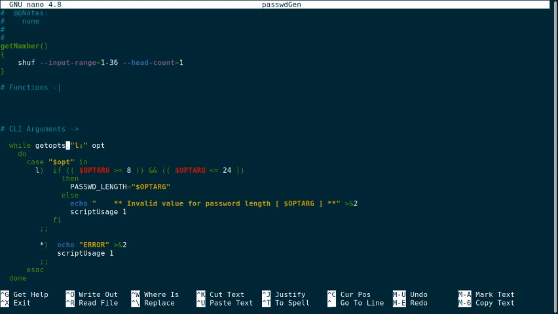And the way you do that is you enable silent reporting by having the first character in your opt string be a colon. getopts loves the colons, but by doing this, you're telling getopts silent error reporting. So don't print any error messages. And when you do this, getopts does something kind of interesting. Instead